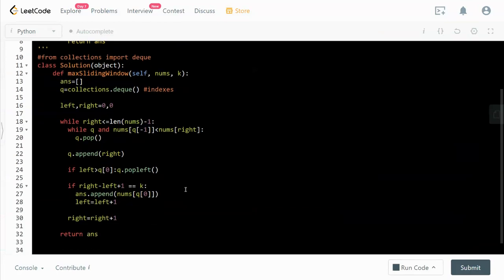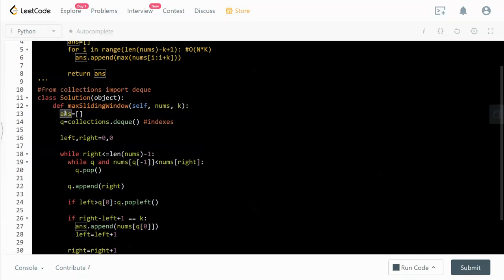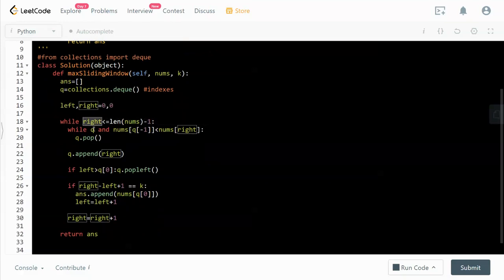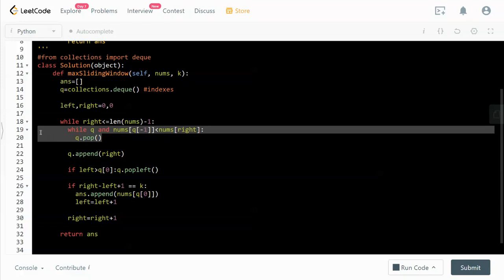So let's look at the code together. First we have an answer, and that's something that we will return at the end. And we need a deque, as we talked about. And we need 2 pointers, one is the left pointer, another the right pointer. We initialize the pointers to be 0, 0. And while the right pointer is less than the length of the list minus 1, and when, so this is where we kick out all the numbers that are smaller,